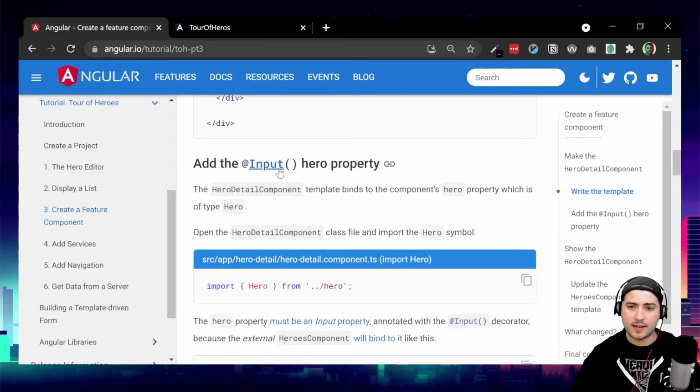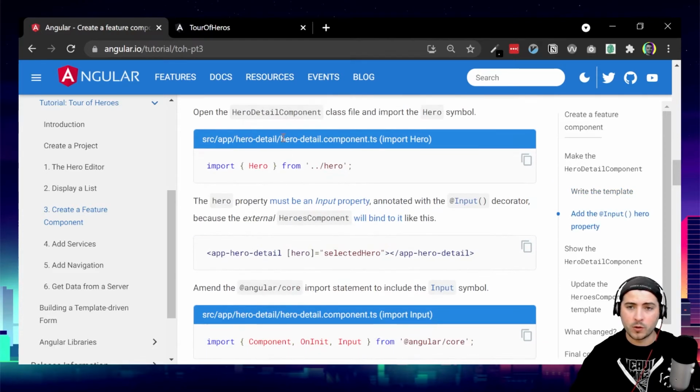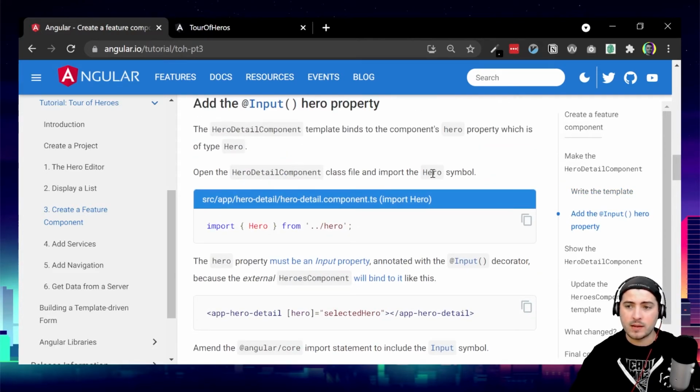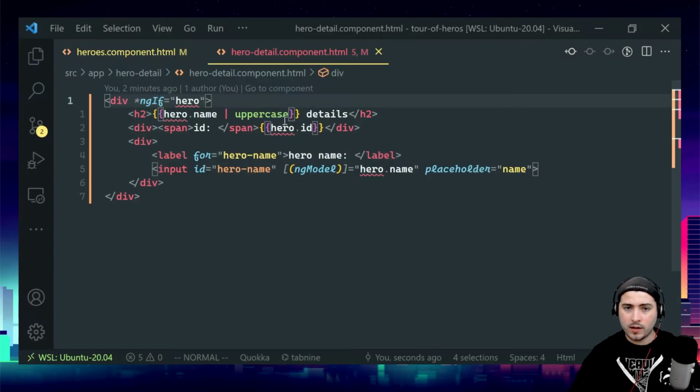So add the @Input hero property. The hero detail component template binds to the component's hero property, which is of type Hero. Open the hero detail component class file and import the Hero symbol. So we'll go over here and actually, a thing that I discovered off camera with that,